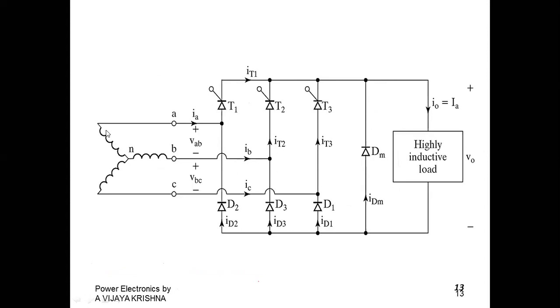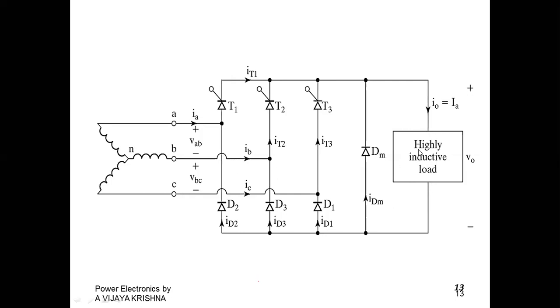Current starts here towards phase A and moves like this towards the neutral, through the C phase. Whenever the T1 D1 time period up to 7 pi by 6 plus alpha is completed, next the freewheeling diode will conduct. Why? Because this is a highly inductive load, meaning an RL load. In the RL load, the L parameter has a highly inductive value, so the energy storage also increases.